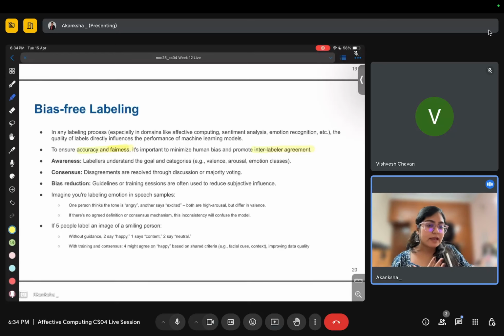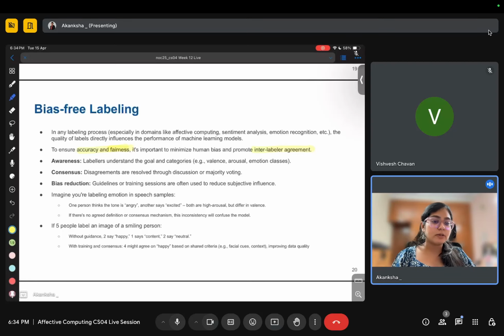So that means my and the third labeler's agreement is higher than mine and the second labeler's. Basically, the more similar your labels are, the higher the agreement. Okay. And how can it be achieved?